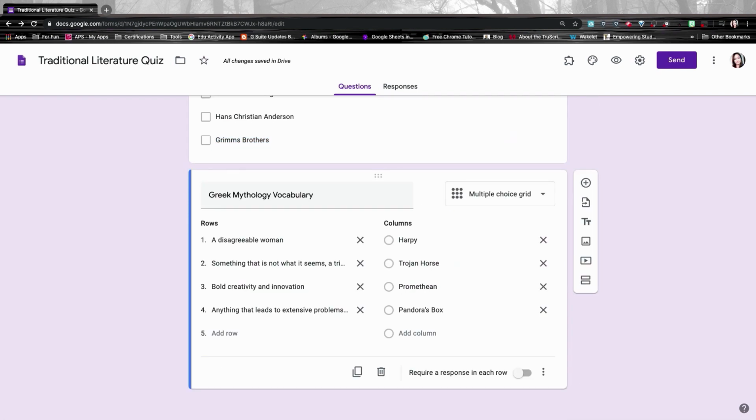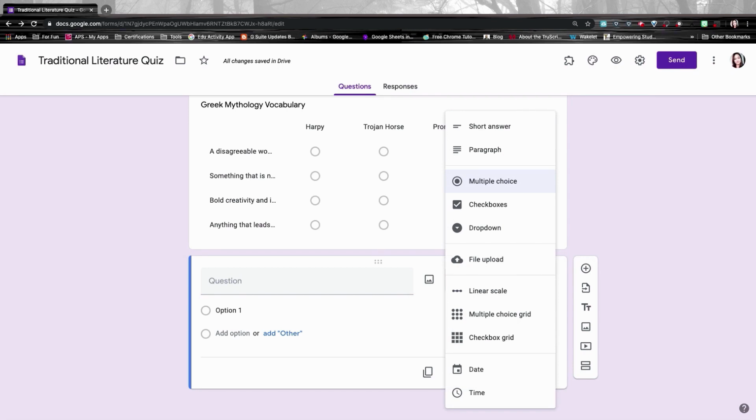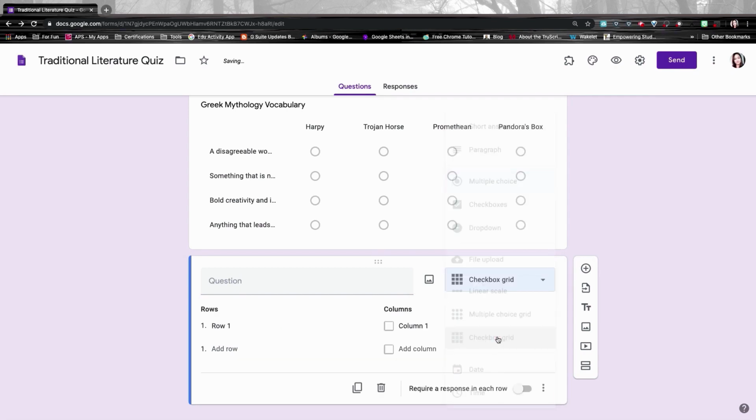So similar to a multiple choice grid is a checkbox grid style. I'm going to add another question here from that menu bar on the right, and I'm going to create a checkbox grid. This checkbox grid allows more choices than just one option here, like the multiple choice grid. Because of the way that this is designed, my advice is to put the fewer options in rows, and you're going to put whatever items you want to match up the most here in the columns. So I'm going to go up here to question,